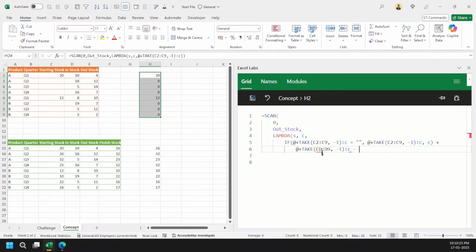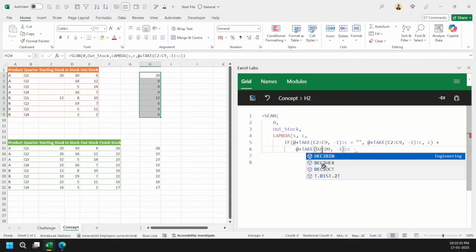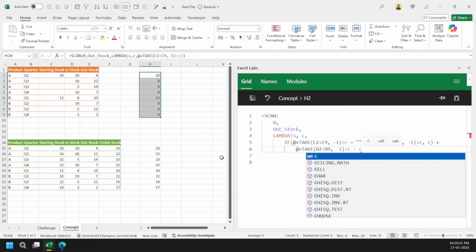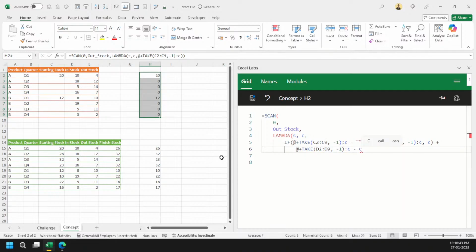And then simply will be adding minus. And let me see here what is going wrong. Okay, so it will be D2. Right. And then all that is needed is subtracting my out stock. So that will be my C here. And I think I need to add my brackets now properly.